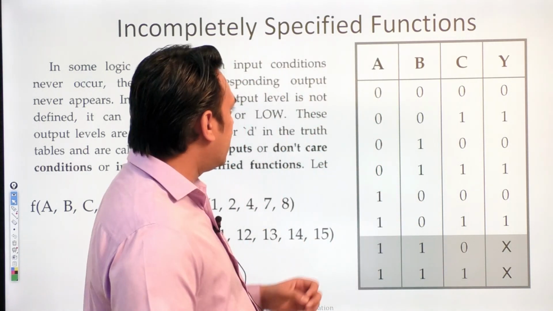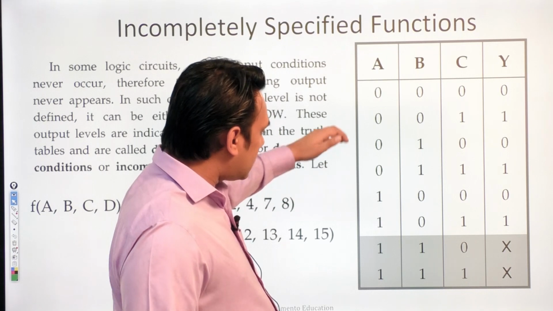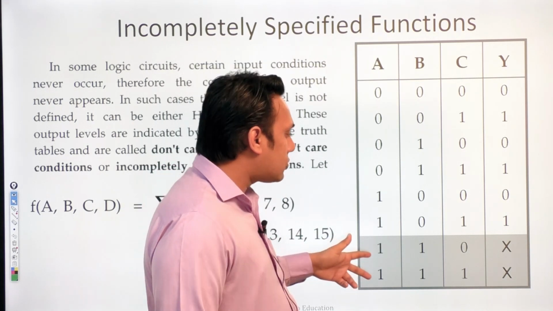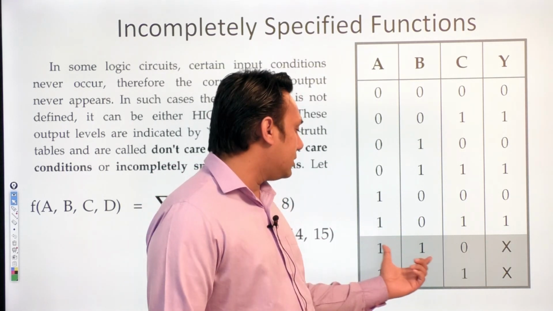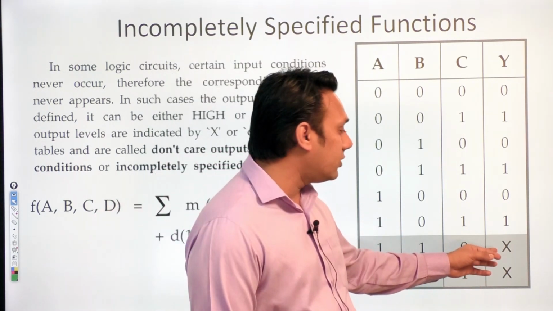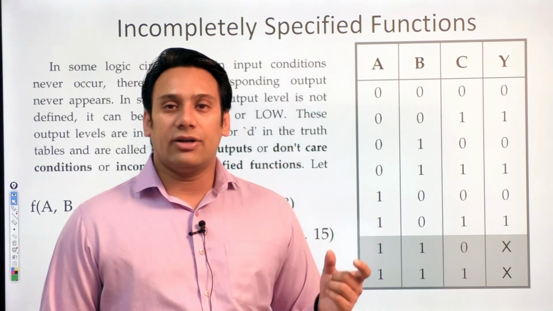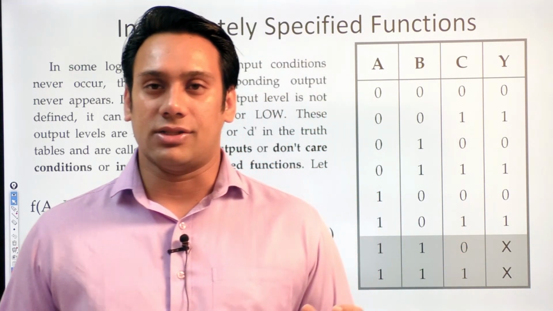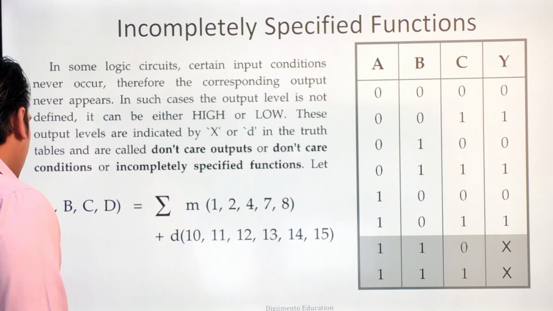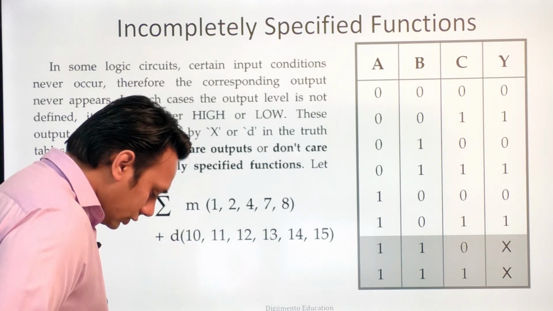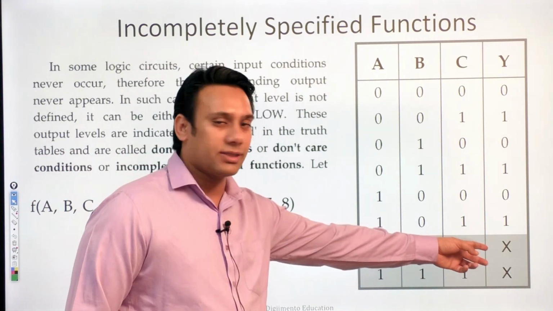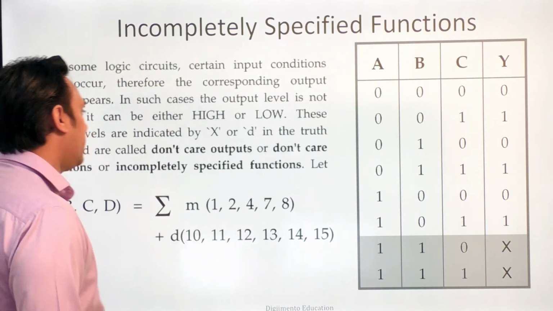जैसे for example here we have a 3 variable function. So this 3 variable function, it will be having a total 8 combinations. So I'm saying these 2 combinations are don't care. Don't care means these combination can take any value whatsoever, doesn't matter. For me it doesn't matter. So this can take a value of 0 or it can take a value 1. Now such kind of conditions is called as your don't care condition. इस तरह की conditions को हम लोग don't care condition से treat करते हैं. Okay. And these don't care conditions, you can either use D to represent a don't care condition, or you can use this cross to represent a don't care condition.